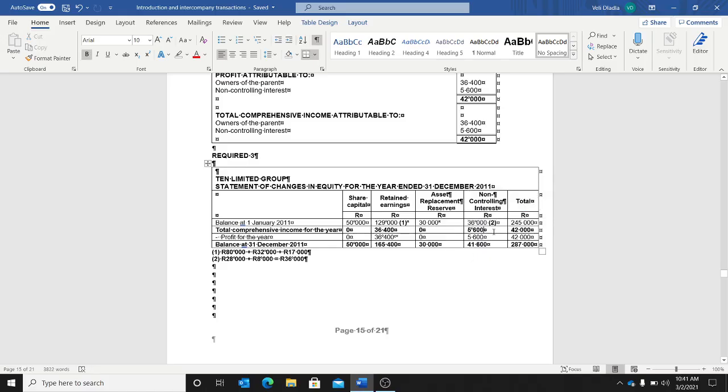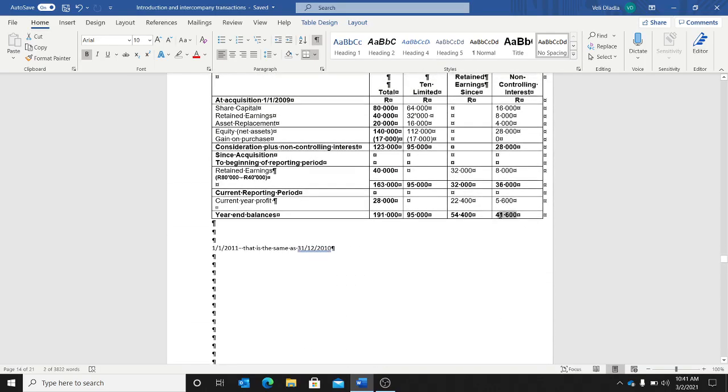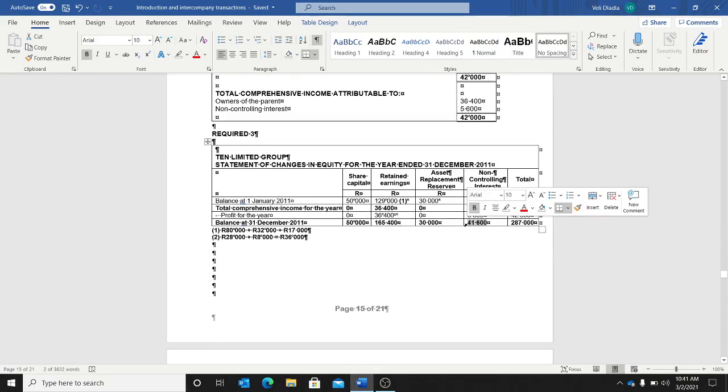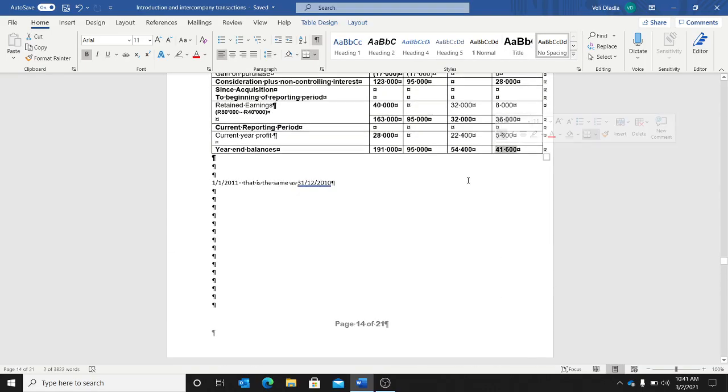Then you add the 5.6, that is for date 3, and then it gives you 41,600. Always this one here must agree with this one here. They must agree. In short, it makes sense because you've got 28 acquisition. Then since the beginning of this year, you accumulated 8 and it took you to 36. By the time you start the current year, you've got 36,000 plus 5.6 gives you 41.6. So it should make sense that this one here must always agree with this one here. Okay. Now,